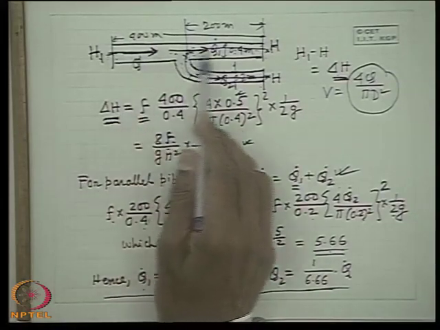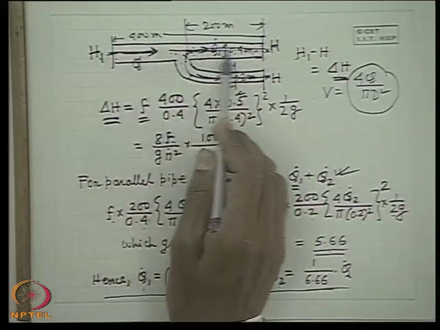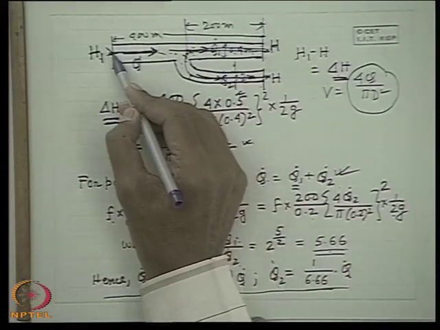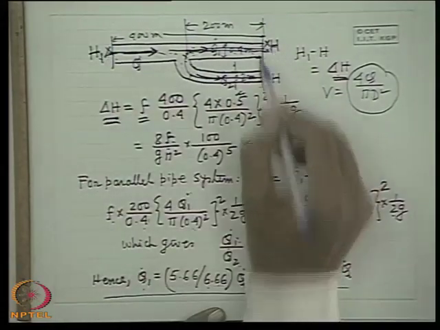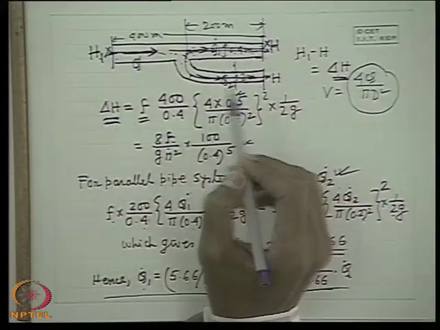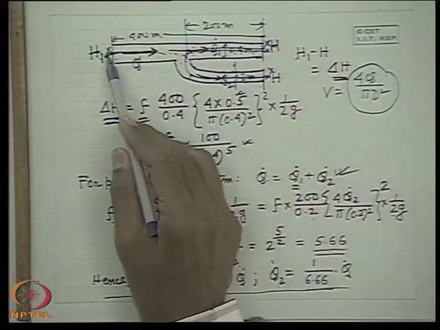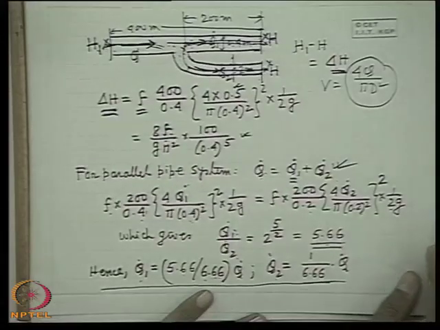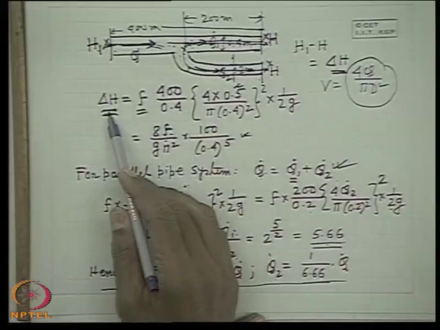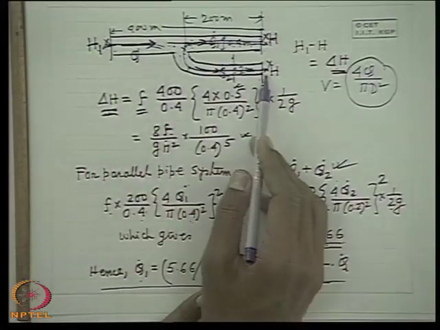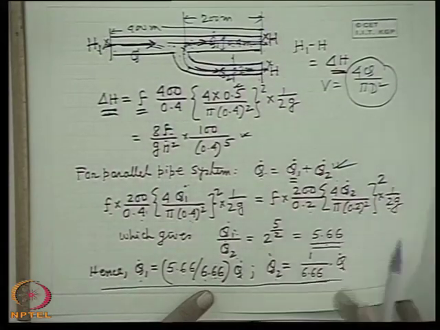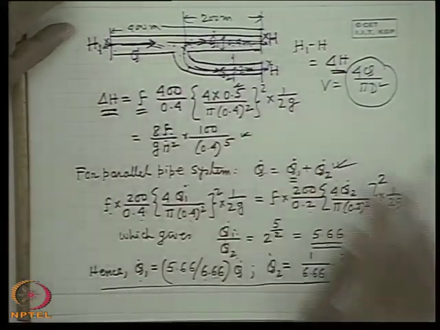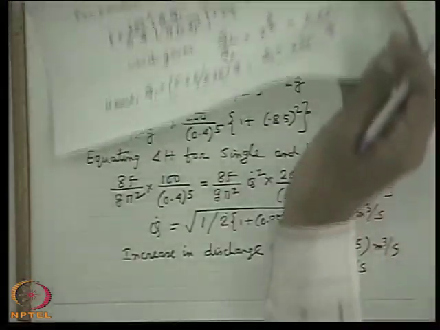Either you take this path, the main pipe via this pipe, or you can write the hydraulic equation via this path. That means either you write the Bernoulli's equation between this point and this one via this path, main pipe, or this point and this point via main pipe and then this parallel pipe. So any of the pipes: if you write the Bernoulli's equation, meaning the friction equation, because delta H is FL by D, this comes from the application of Bernoulli's equation only. So if you write, then you can find out the value of Q dot. This is the trick.